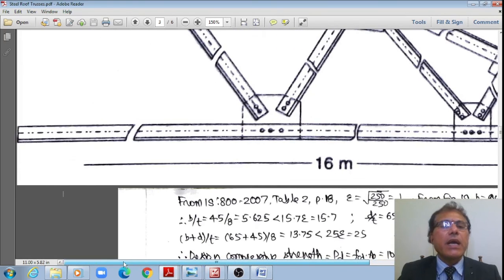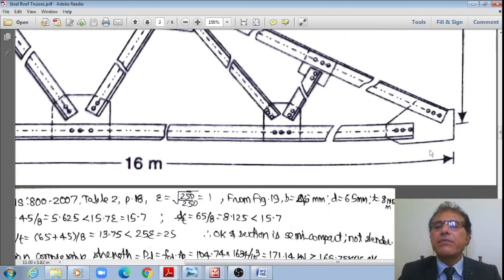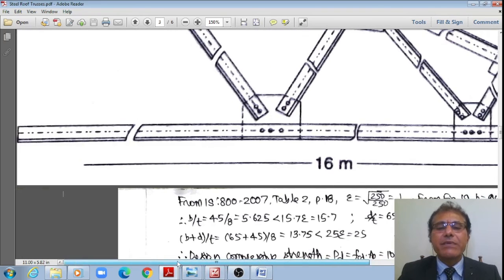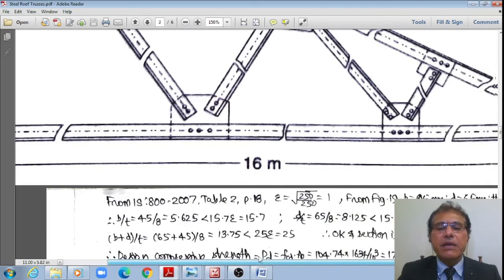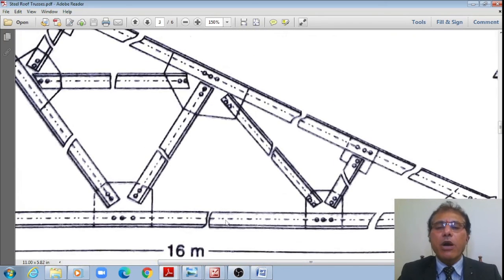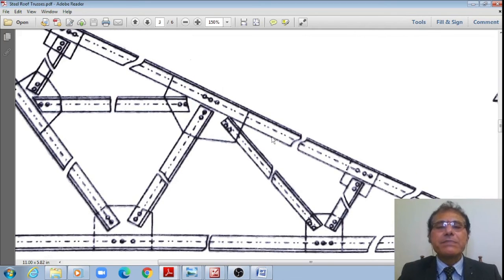Actually, this is a continuous member, student, like this. Therefore, it's a continuous member starting from the left support, 2.5 meter, and between these major slings, which is having 6 meter. Here only the major buckling will happen rather than that of this 2.5 meter. Here, just minor buckling will happen. That is how the design of the bottom chord, which is called the tie,